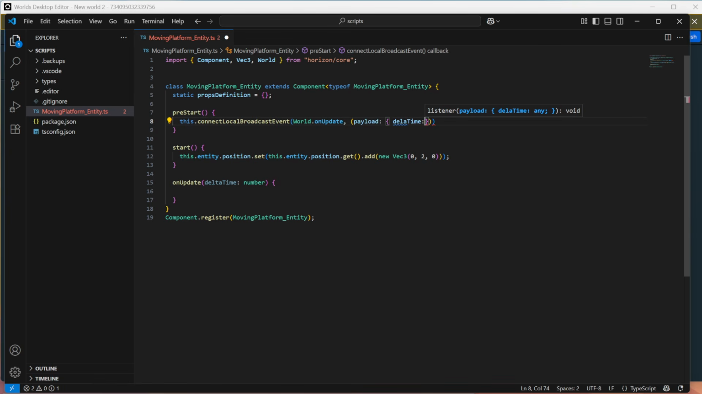I misspelled that. I'll fix it in a second. DeltaTime is the value we're receiving in the payload, which is a number value. And I'll add the T to make sure that's spelled correctly. And then we just need to draw our arrow to our curly braces, which is where we will connect this